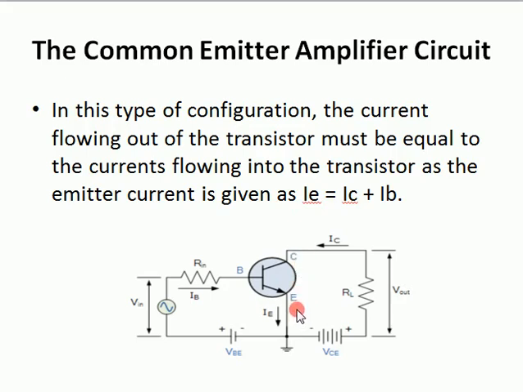Here you see the emitter is negative, and the collector is also connected differently: the emitter is connected with the negative terminal of the supply and the collector is connected with the positive terminal of the supply. So this is forward biased with respect to the emitter, as the emitter is negative and the DC supply terminal is also negative.